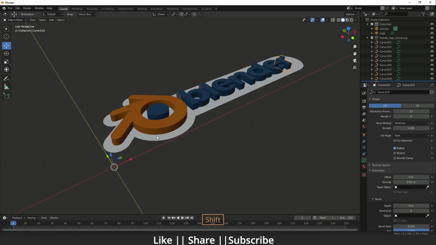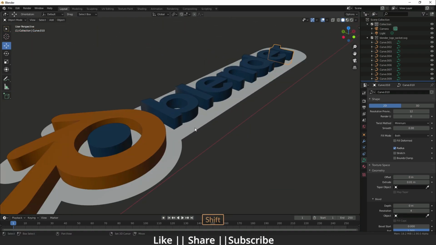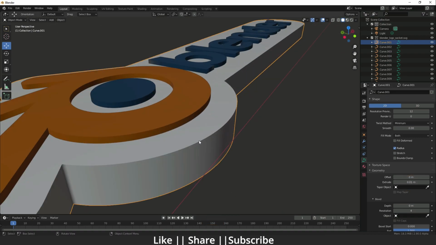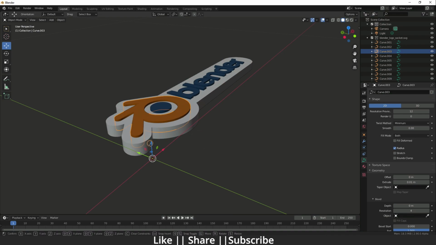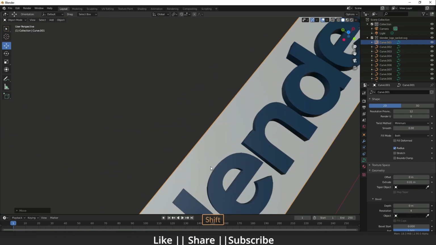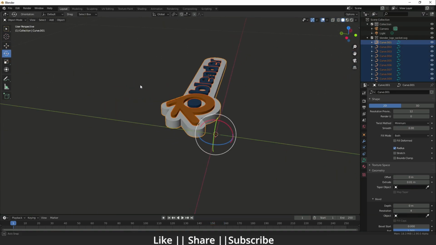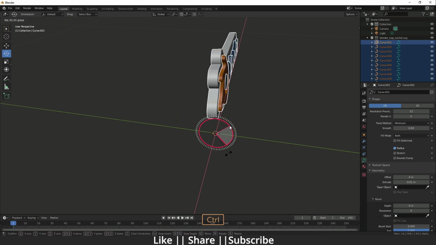So yeah guys, we have extruded all the logo fonts, and we can extrude that one also. Okay, now you can see it's looking perfect. So I'm going to rotate it 90 degrees like that.